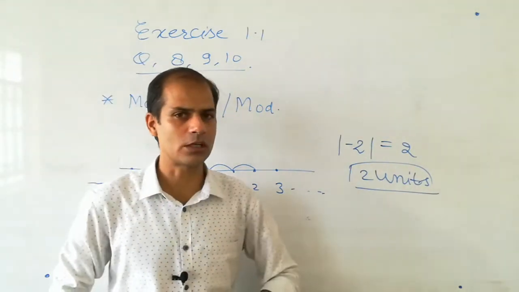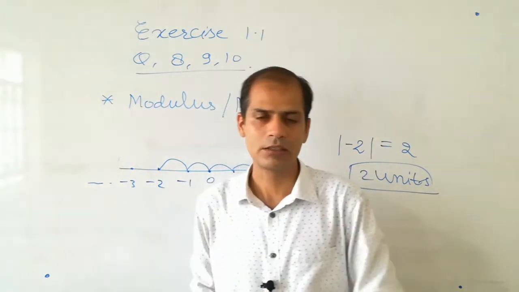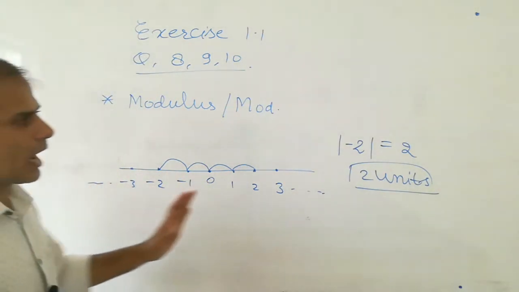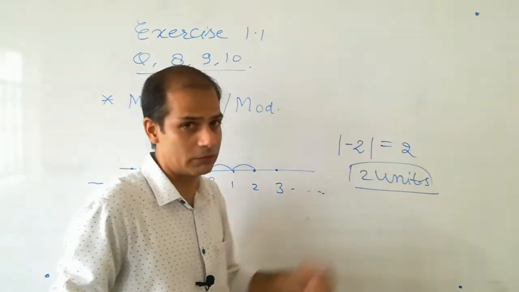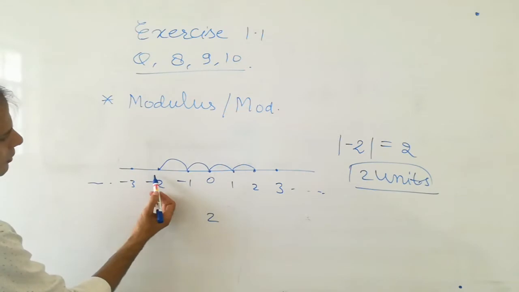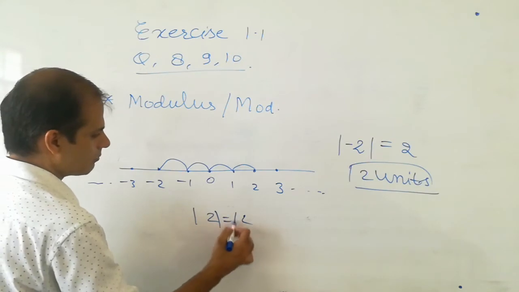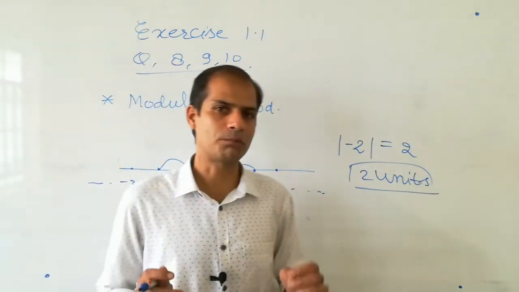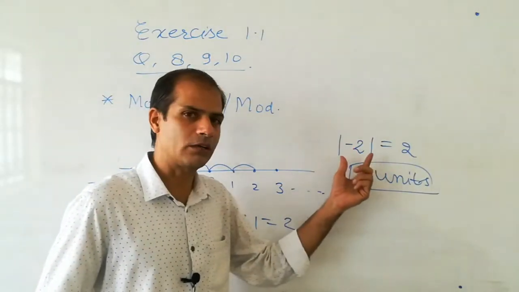So modulus का यूज हम सिर्फ डिस्टेंस पता करने के लिए करते हैं कि वो नंबर लाइन पर 0 से कितना यूनिट दूर है. ओके, व्हाट इज द डिस्टेंस फ्रॉम द 0. So in this way, as you know, the modulus of any number is positive because the distance of 2 from 0 is 2 and the distance of -2 from 0 is also 2. It means mod of 2 equals mod of -2, that is 2. So the modulus operator will give the positive value always. It doesn't matter whether the number is negative or positive. Modulus operator will return a positive value.